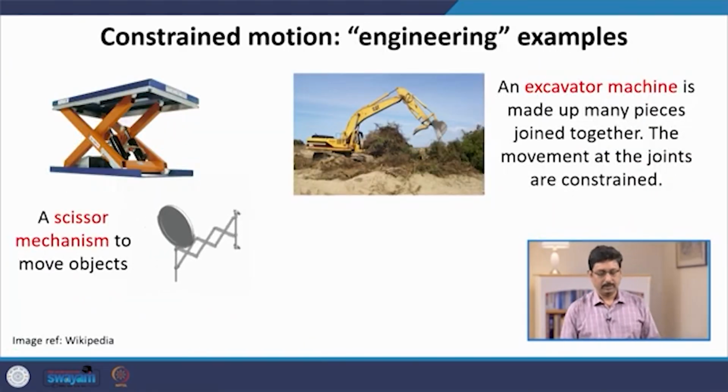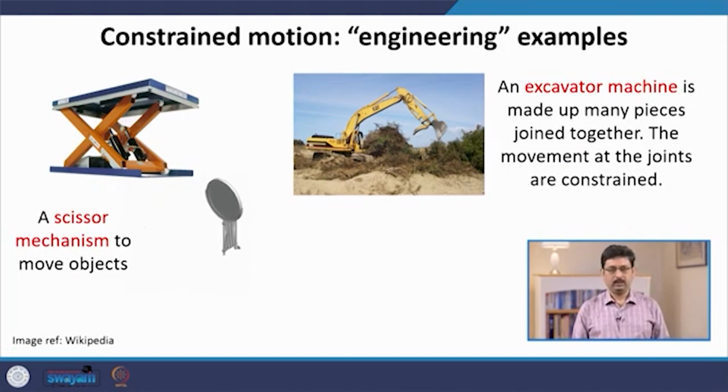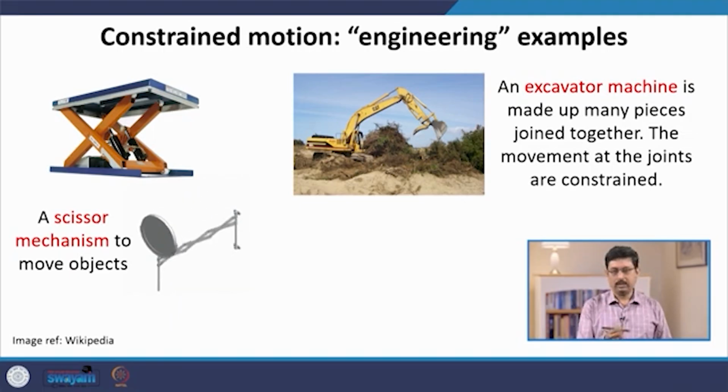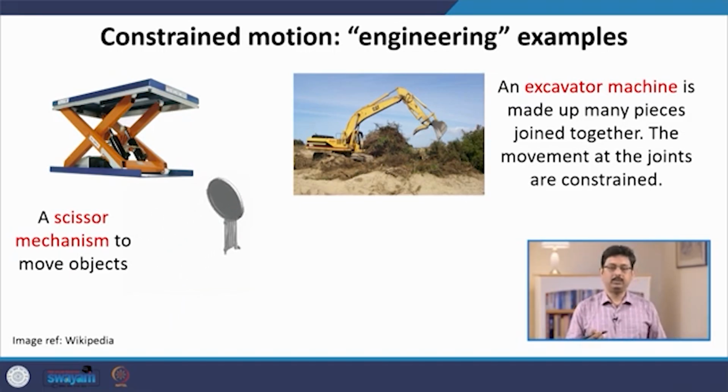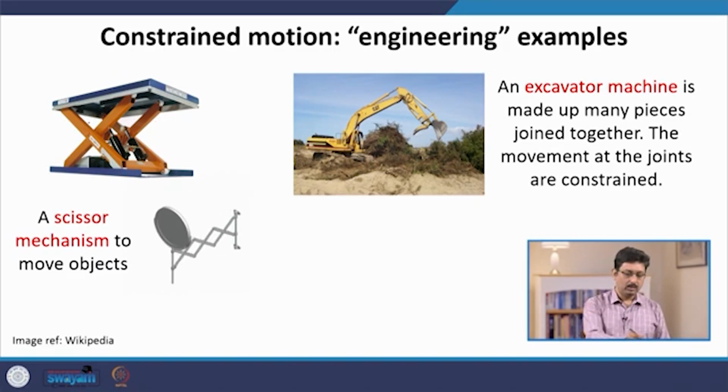For the various disciplines of engineering and physics at the undergraduate level, something more interesting may be some sort of robotic mechanism. Here I give you a couple of examples. On the left-hand side, what I show you is a scissor mechanism. This is a very common mechanism to move an object. Perhaps more familiar is a collapsible gate, and this is a table. These are X-shaped beams or rods with a hinge, as you can see in this